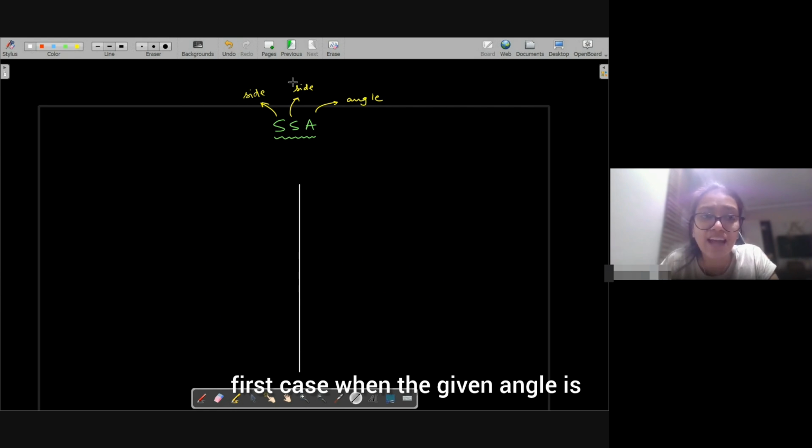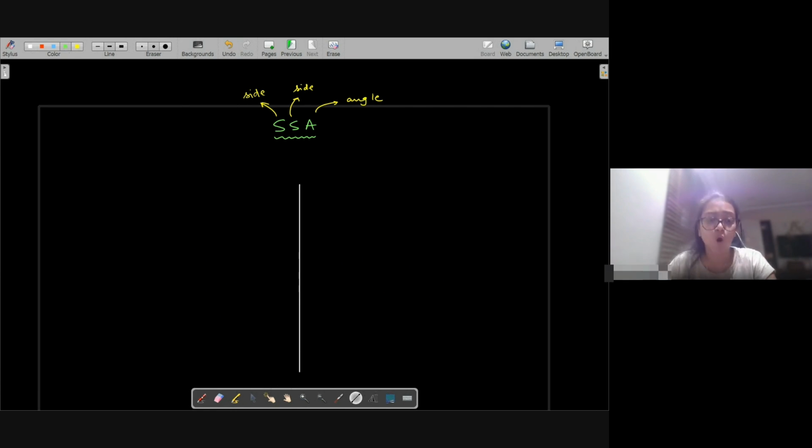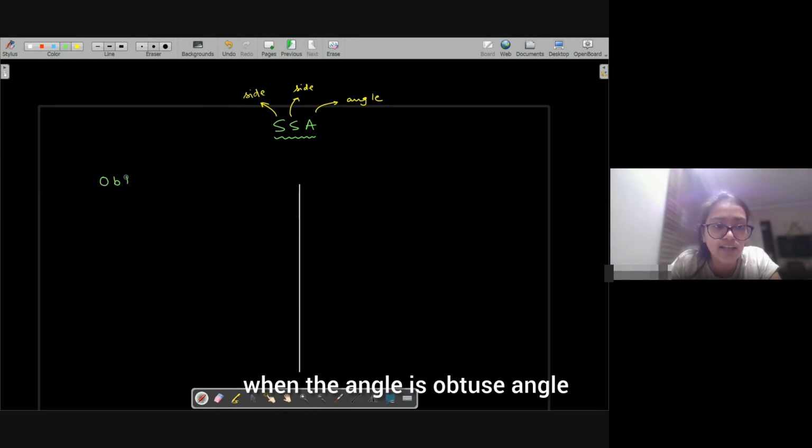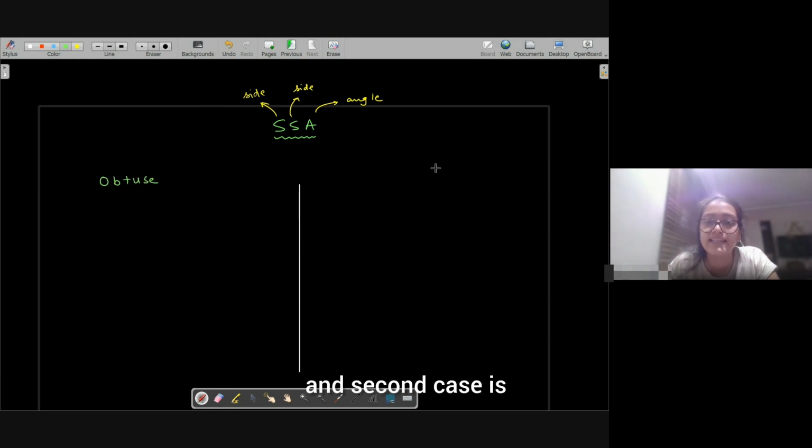First case, when the given angle is obtuse. So this angle that is given. First case, when the angle is obtuse angle. And second case is when the given angle is acute angle. Okay, so what we do is,